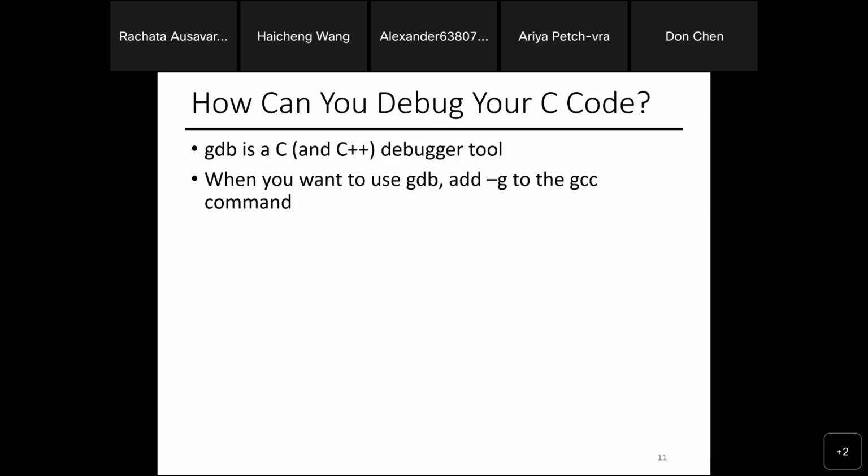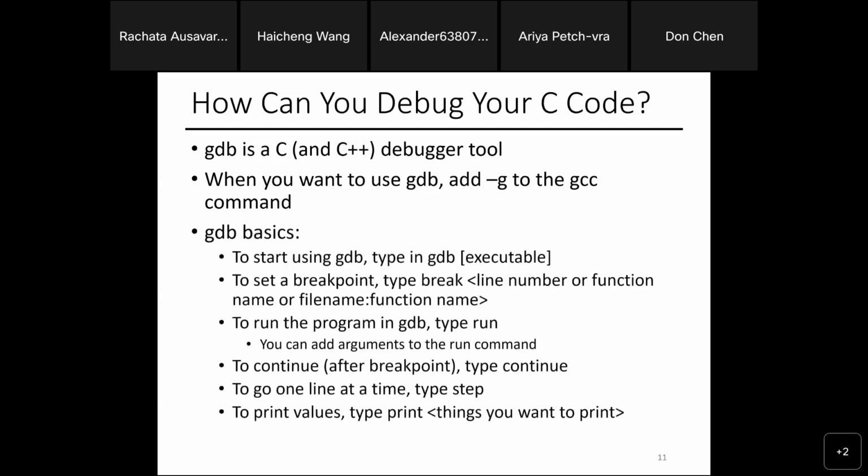All right, while it's installing, I'll do the demo later on how to use GDB. The key idea is it allows you to, first of all, set a breakpoint to stop. Let's say when you launch the application, you can say stop at line number 10. When that happens, you can go line by line, or you can say keep going. You can set multiple breakpoints, for example, stop at lines 10, 11, 15, and 20. It allows you to print the value of different variables right now. It's really useful when you debug what happened to your pointer, and why you have a bug.